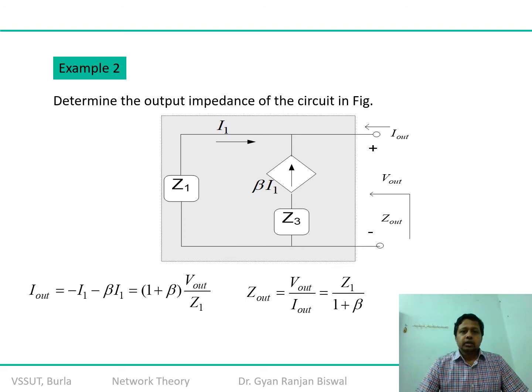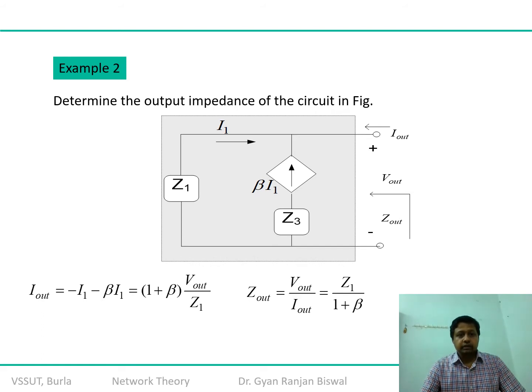Okay, so in this particular combination, again, if you see, there is a dependent source, and there is Z1, Z2 impedance, but the output terminal voltage and output terminal current, the direction is opposite to that of the I1. Please be noted. So therefore your I output of current, which is indicated over here, will be equal to how much? It is minus of I1 and minus of beta I1, the sum of these two currents.